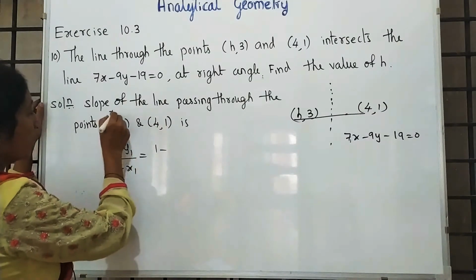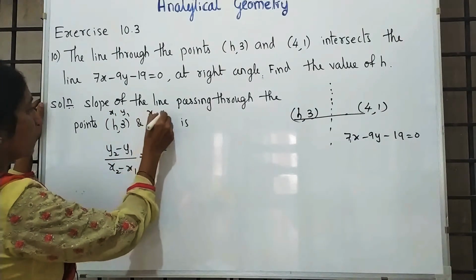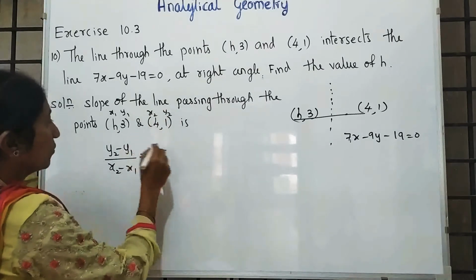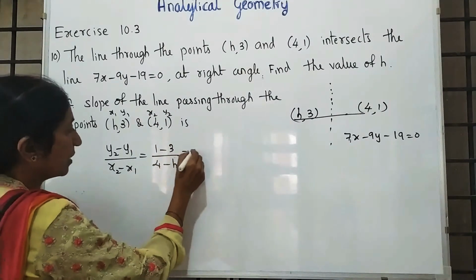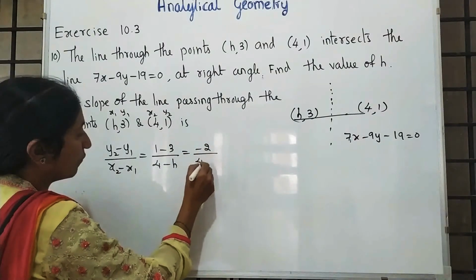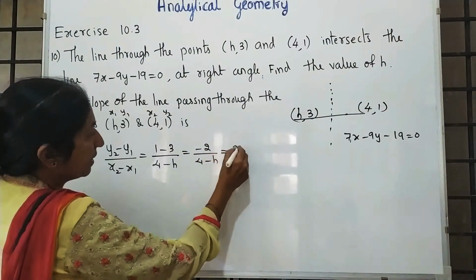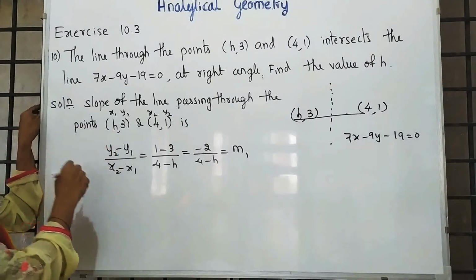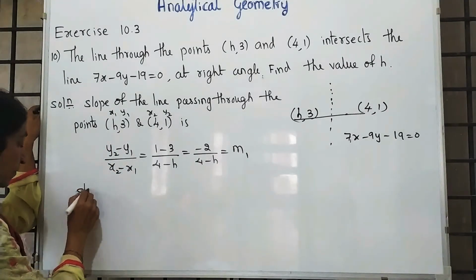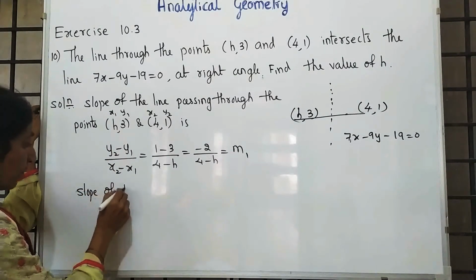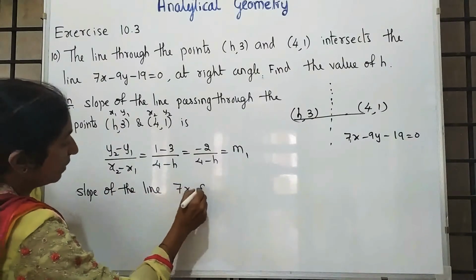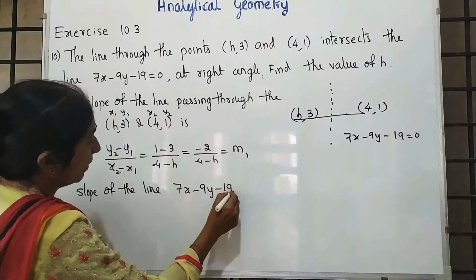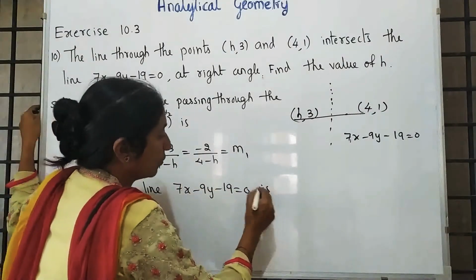This is x1 y1, this is x2 y2. That is 1 minus 3 upon 4 minus h, that is minus 2 upon 4 minus h. Let us take this as m1. Then slope of the line 7x minus 9y minus 19 is equal to 0 is